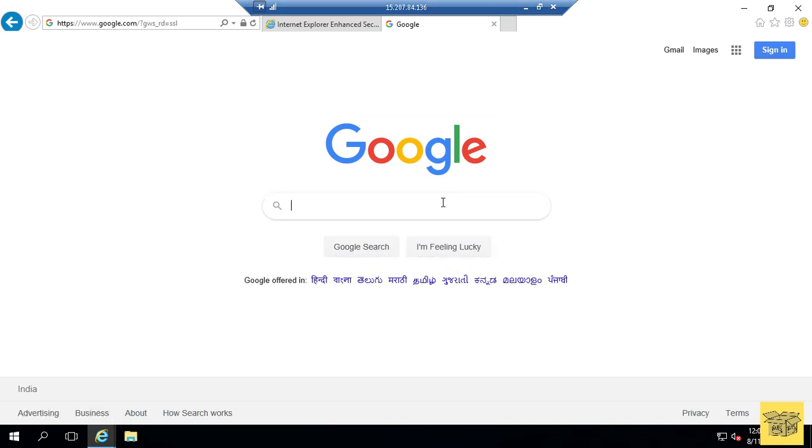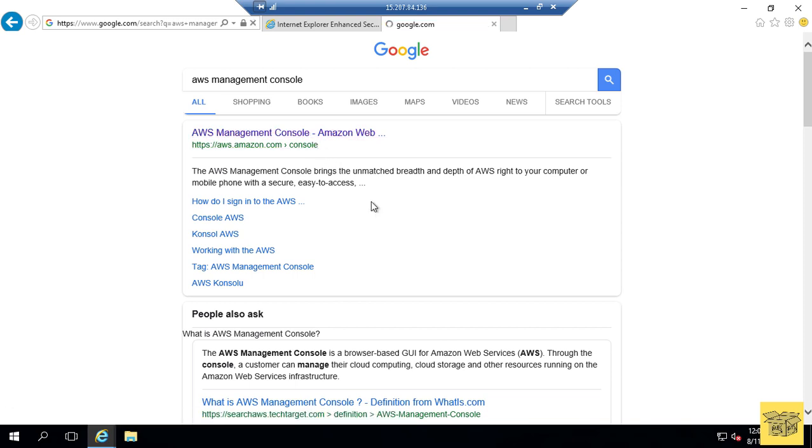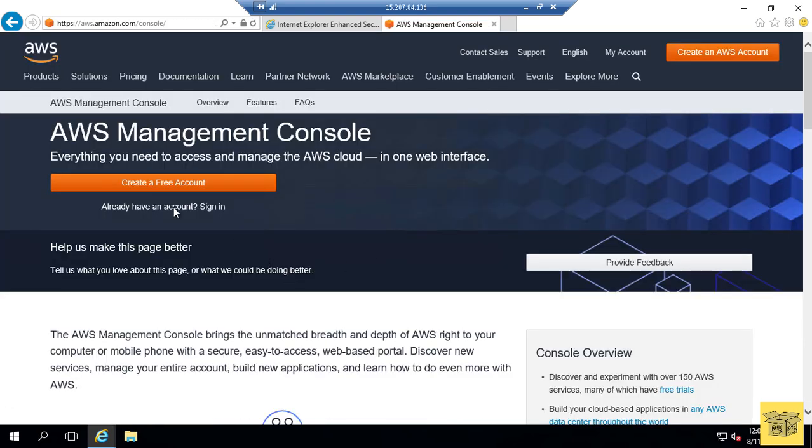You can also download Chrome browser, whatever you want. So this is just another Windows computer, so you can do whatever you want. Even if you want, you can go into your AWS management console, log into it, and create another EC2 instance from here also.